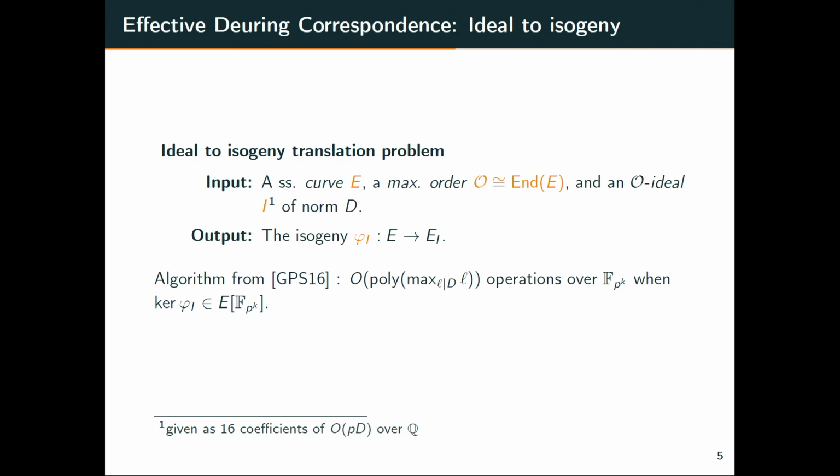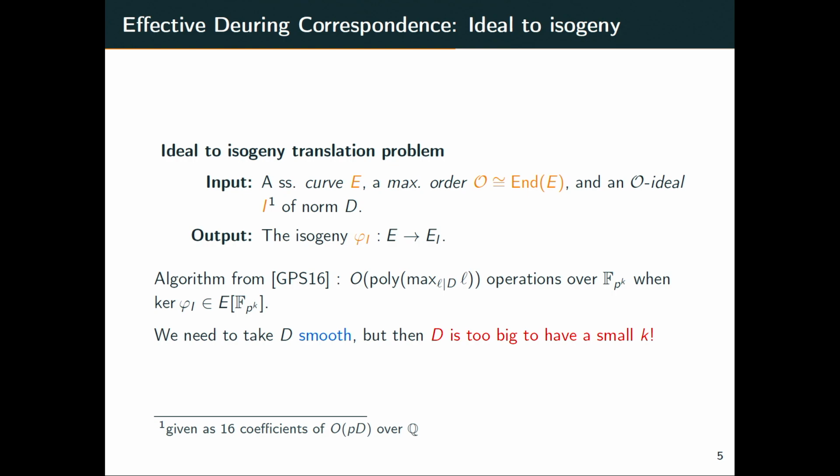So basically, the algorithm uses a bunch of operations on these elliptic curve points. And if they're represented in an extension of big degree, then these operations are going to be very inefficient. So this is why we have a constraint on the field of definition. So this means two things. First, we need to take D to be smooth, so that we have a small number of operations to do.